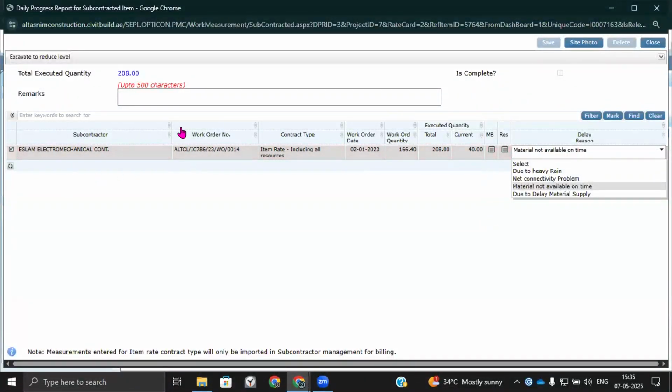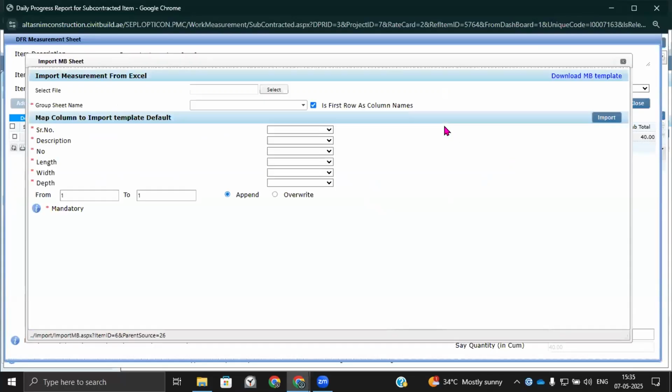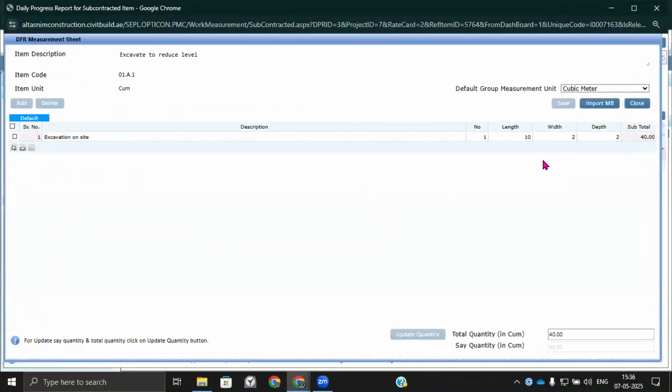Additionally, these items which are allocated to the subcontractor can have a daily field report. They can import the daily field report, because Excel is perhaps the most liked application used on the site. So we have kept that in mind, and we have provided a provision to import these measurement books directly into CivitBuild, and a lot of time can be saved in terms of filling the measurement, so that how this 40 quantity is coming up,